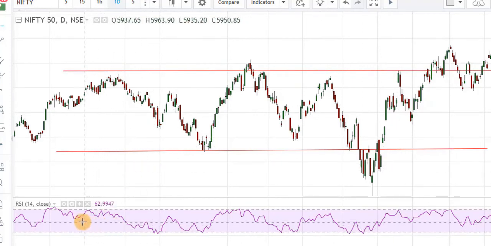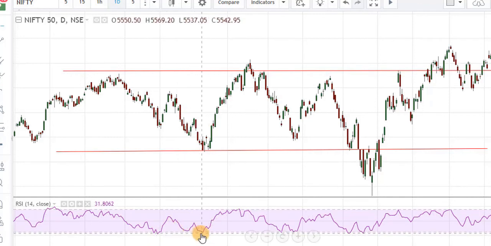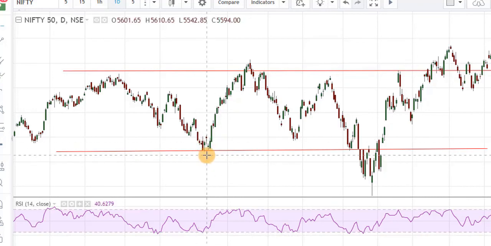When prices are touching 70 level, they are going in overbought range and now facing resistance at 70 level many times, we can sell. We can sell here. And now RSI is going in oversold range and now again facing this level second time, so we can buy here. This will be our buying position.